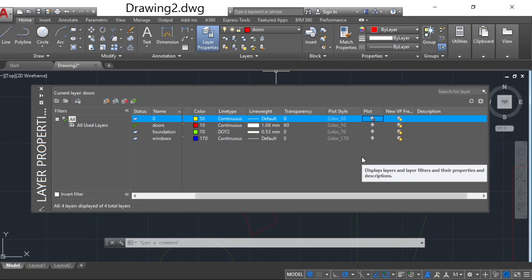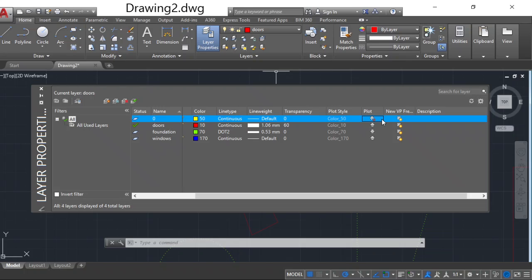For example, while drawing complex drawings, they include several layers. If you don't want to print a particular layer, go to that layer and click on this plot, which means this zeroth layer is not visible on the printed paper.